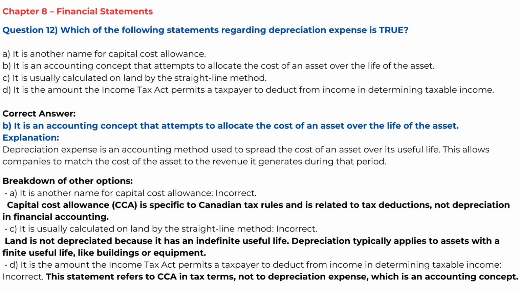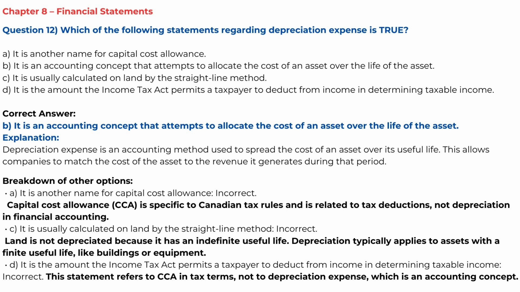of the asset. Explanation. Depreciation expense is an accounting method used to spread the cost of an asset over its useful life. This allows companies to match the cost of the asset to the revenue it generates during that period. Breakdown of other options. A. It is another name for capital cost allowance. Incorrect. Capital cost allowance, CCA, is specific to Canadian tax rules and is related to tax deductions, not depreciation in